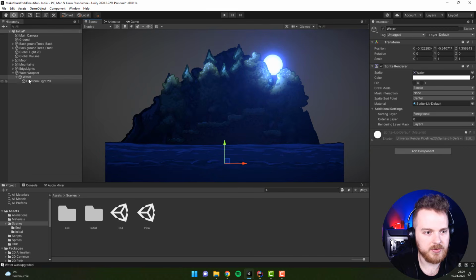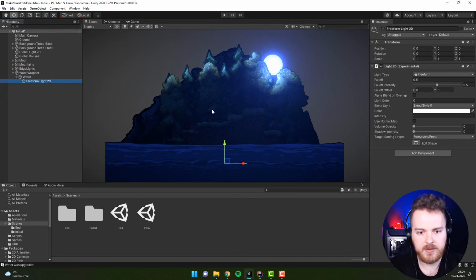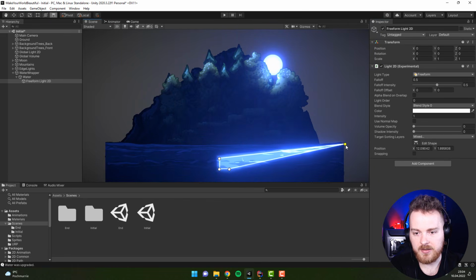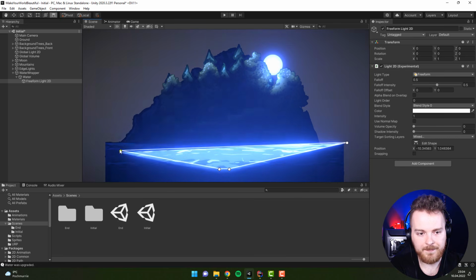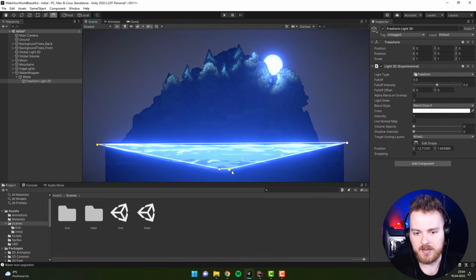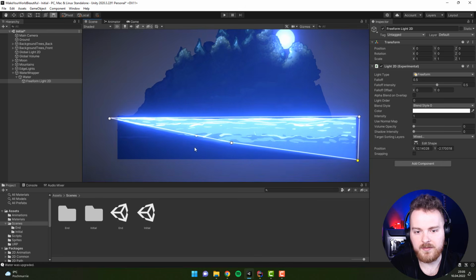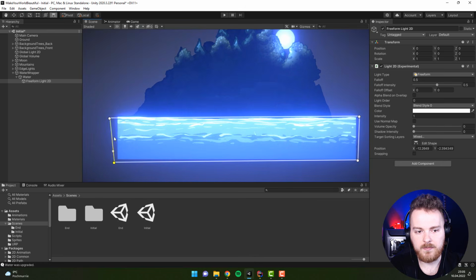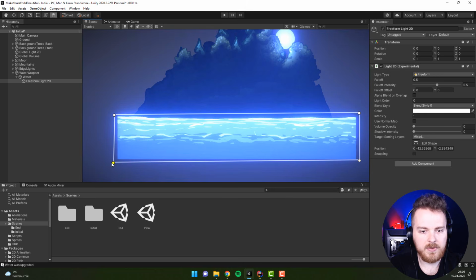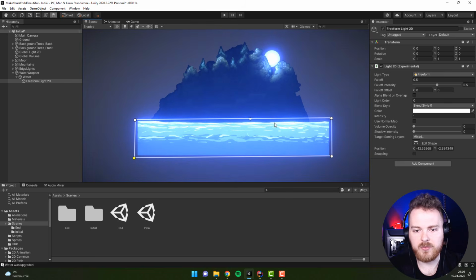Let's make sure that the water is now in the foreground, so let's change the light to the foreground, and you see we have this square here. That's because we can literally manually adjust its shape. So let's make it nice, covering all the water we have. It can go a little bit around, it doesn't have to cover it perfectly because that's the only object in this area that is affected